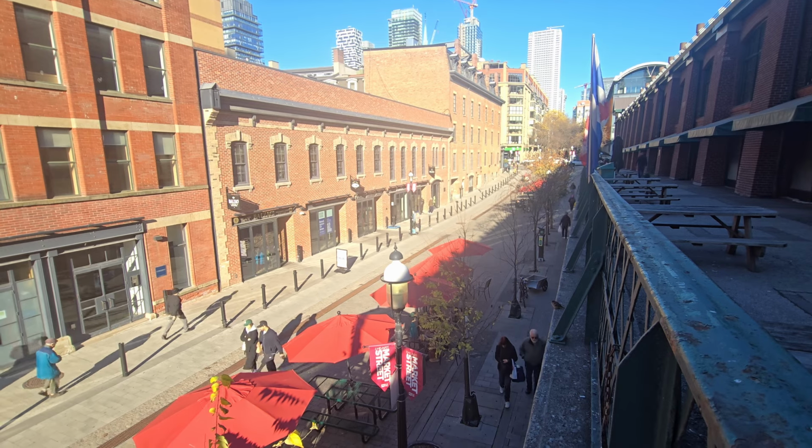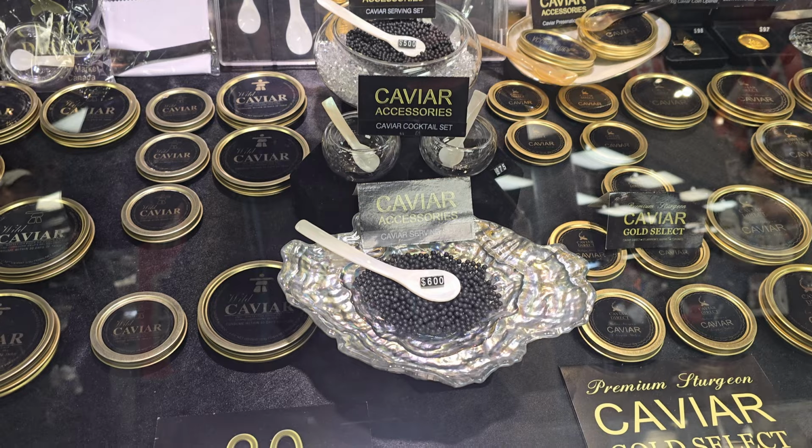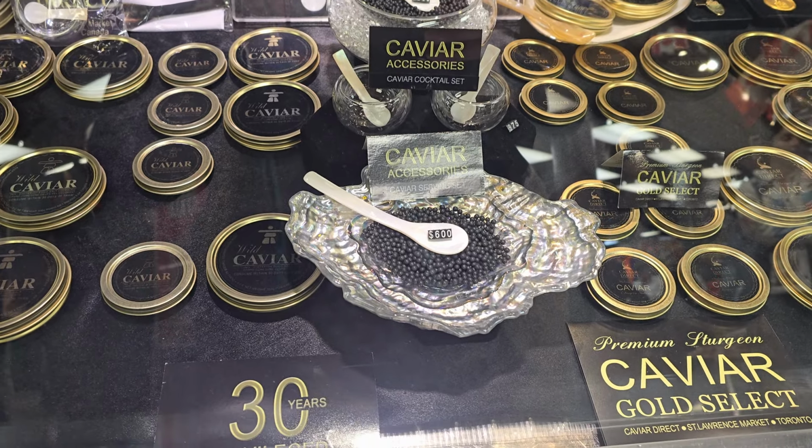All right, pretty good. Super happy that I didn't have to wait in line too long. Worth it. It got chilly, so I went back inside and stumbled across this caviar vendor, which is arguably the